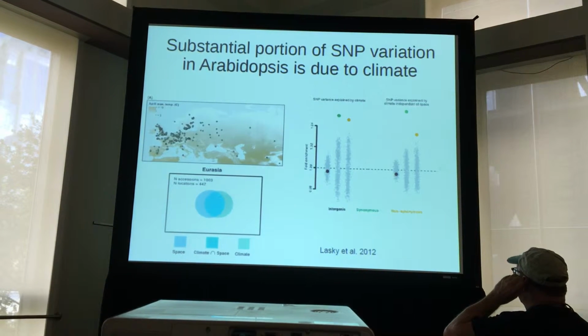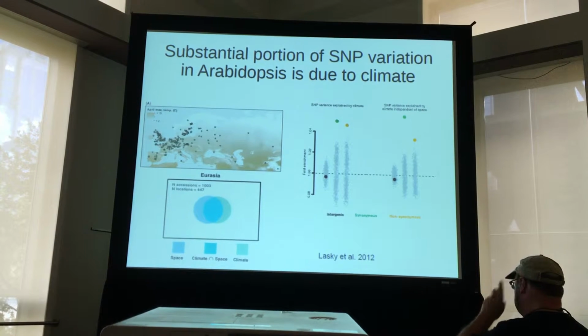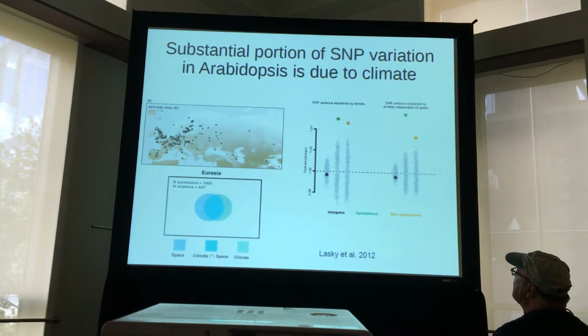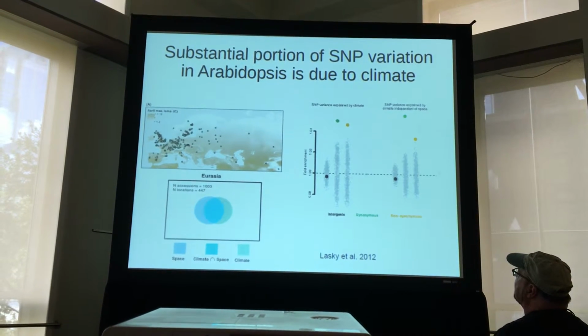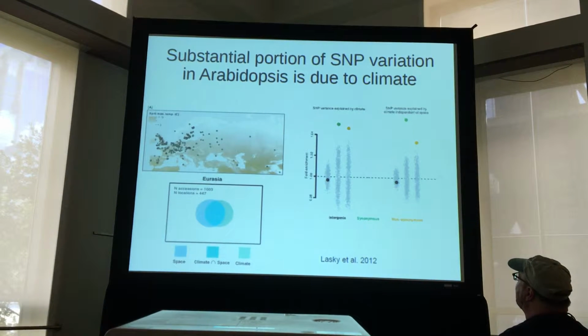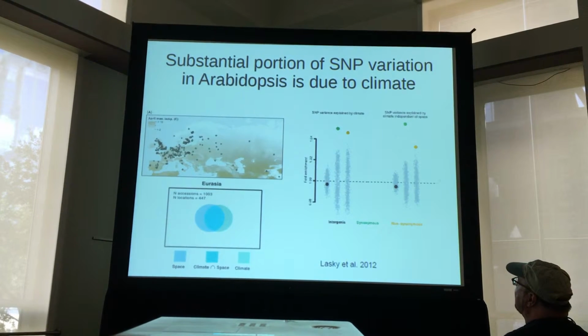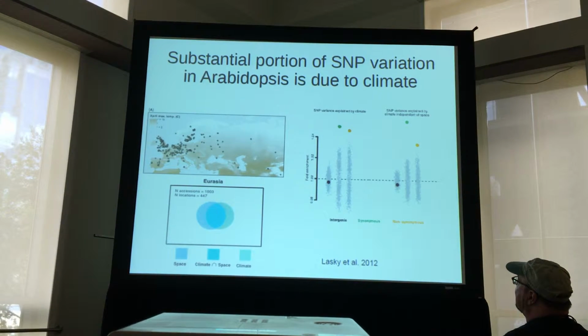So this is kind of a precursor study by one of my collaborators, Jesse Lasky, and there are a bunch of other studies that have shown this, but we now know that there's a substantial portion of genetic variation in Arabidopsis that you can attribute pretty cleanly to climate. So in this first,